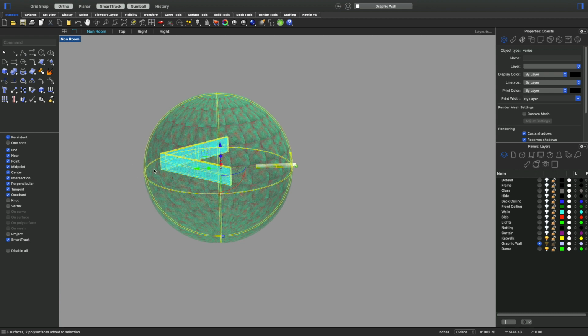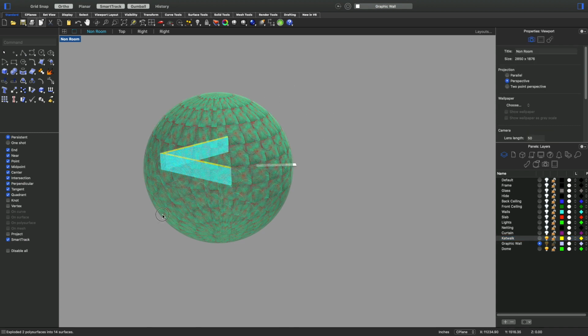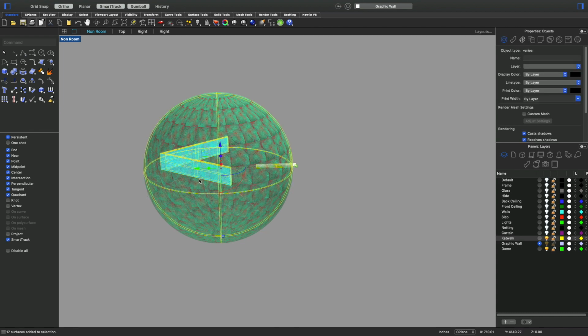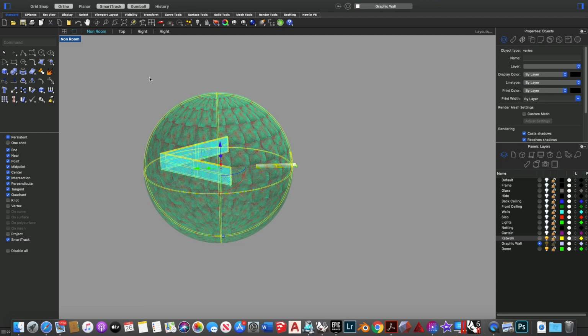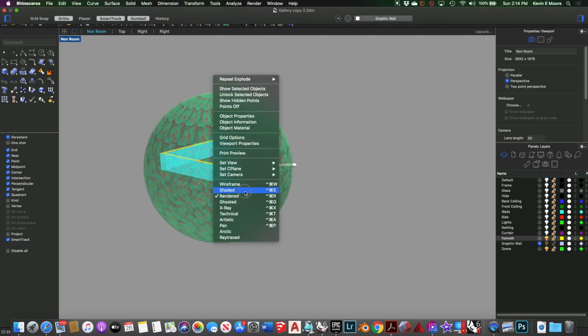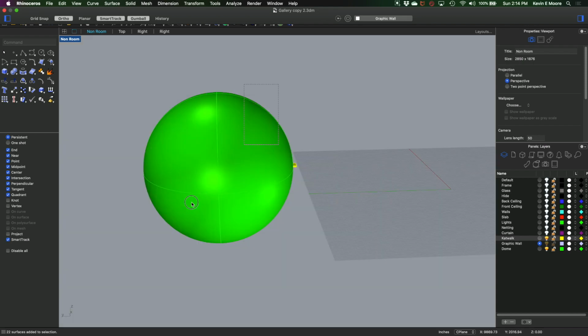So select the whole thing, and then what I'm going to do is I'm going to go ahead and explode it. And you can see I've still got all of the layers over here. We want to make sure that those layers are all activated. And then I'm going to select the whole thing after it's been exploded. Actually, make sure I get it all. I'm going to put it into shaded because my computer's acting funny. Select the whole thing,